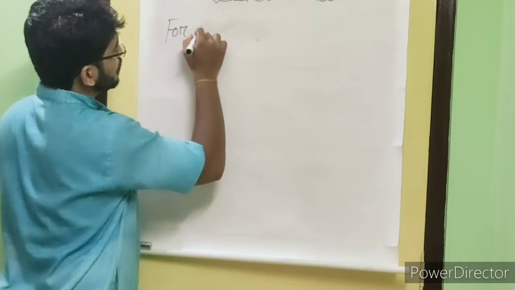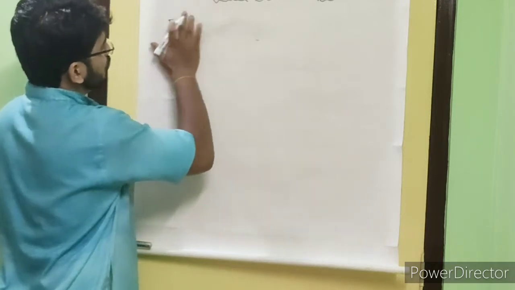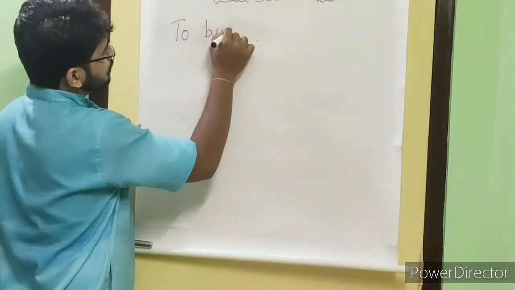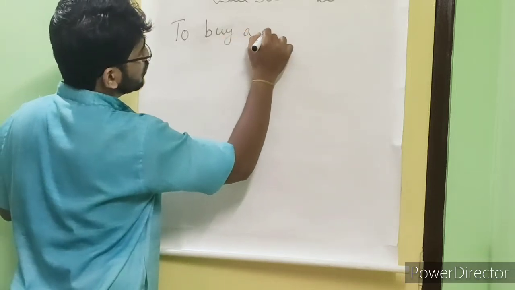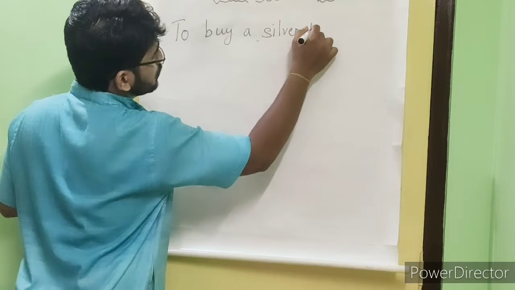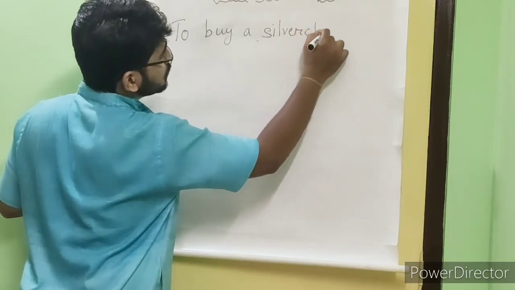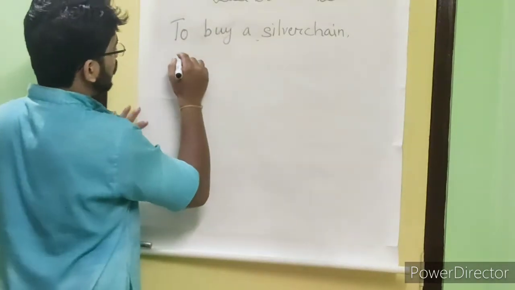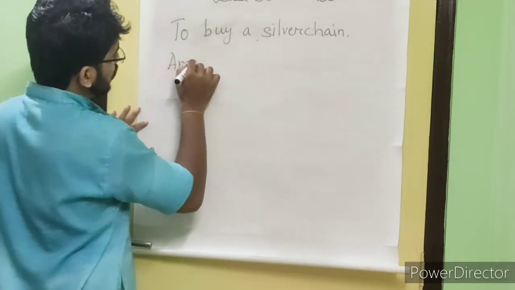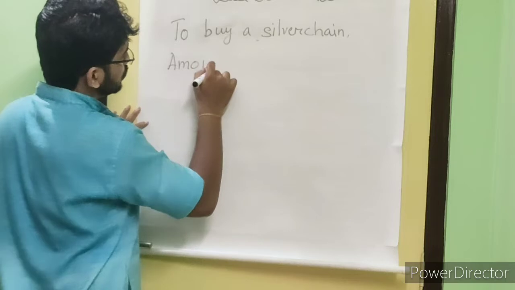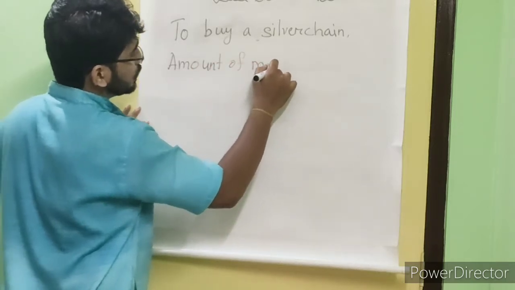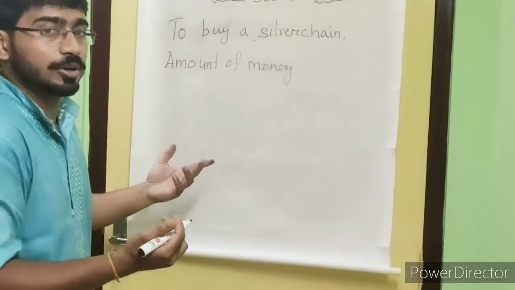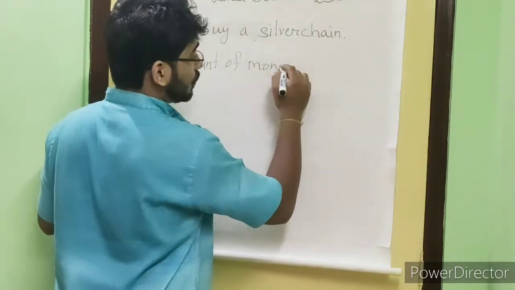For, let's make it simpler, to buy a silver chain, একটা সিলভার চেন কিনতে, amount of money, ওকে, গীতা না সীতা ছিল আমার ঠিক মনে নেই, তো আমি গীতা লিখছি। Amount of money